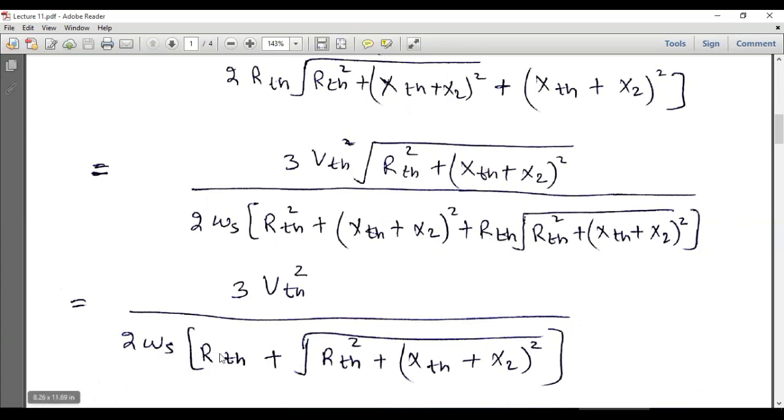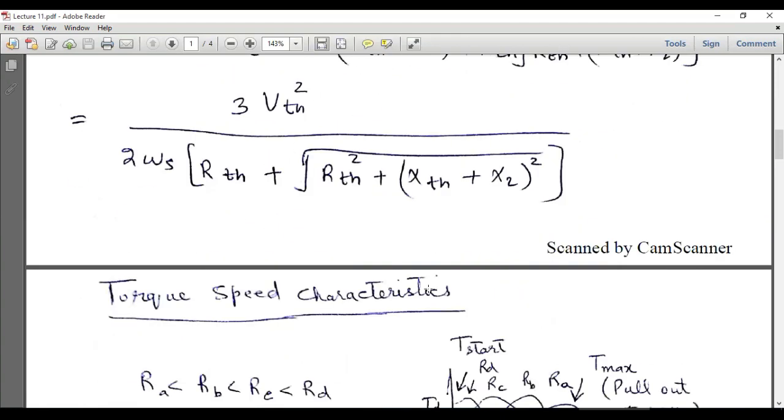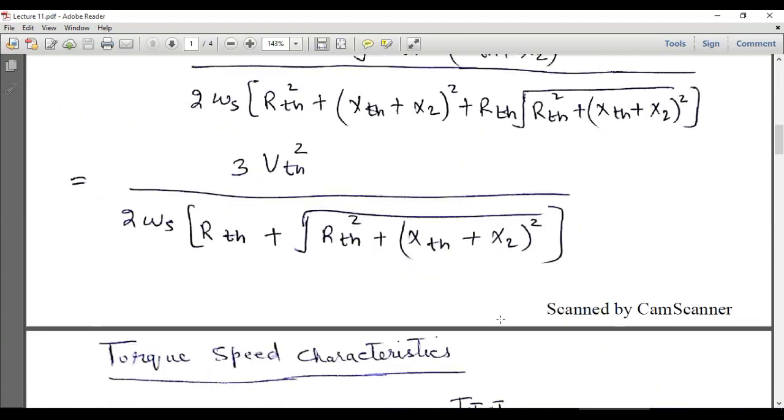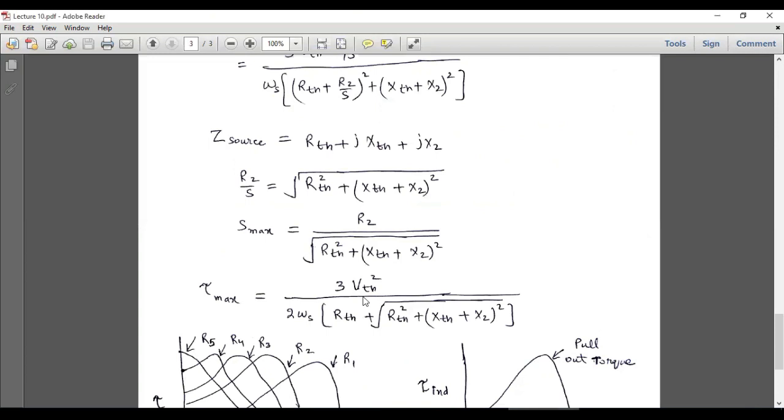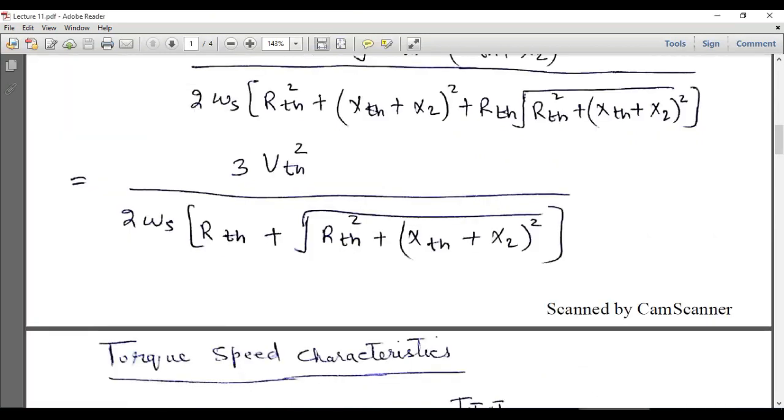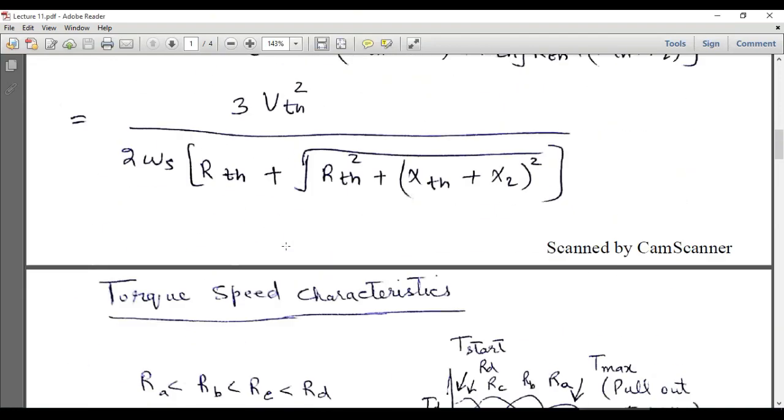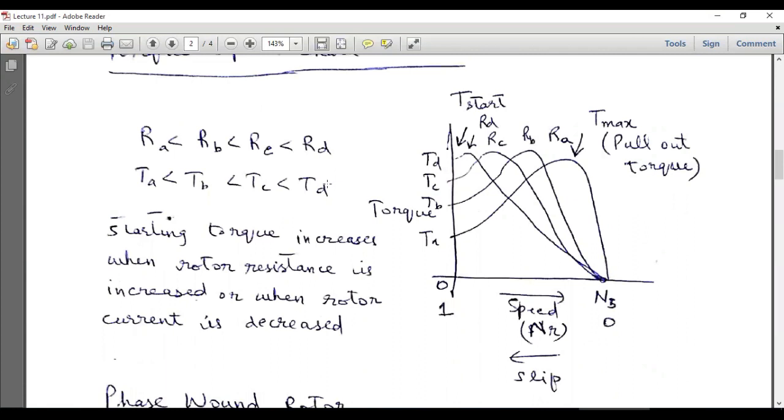We will get only this R Thevenin, and we will get a square root of this term as a result of taking this term as a common. So this is the same expression which I have already shown you in this slide. So 3 V Thevenin square divided by 2 omega s and this. So this is the equation for the maximum torque, and these are called the torque speed characteristics, which are shown